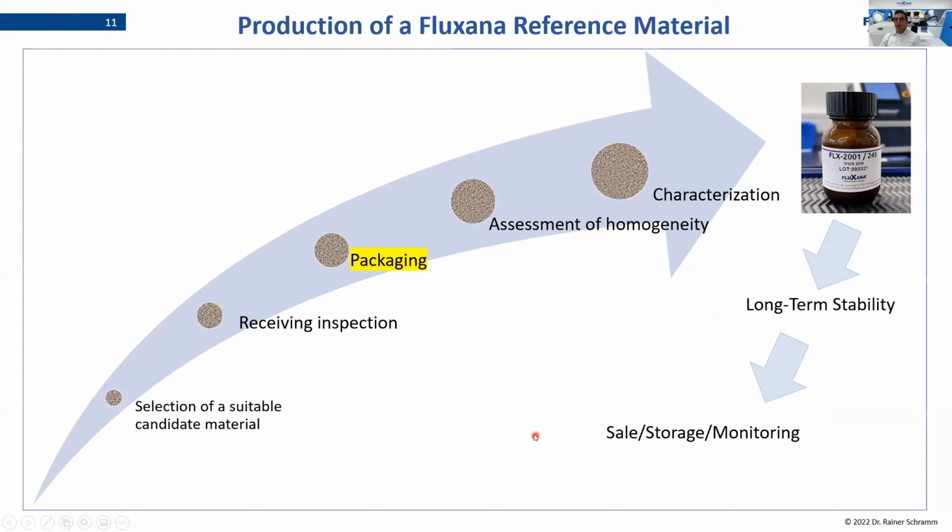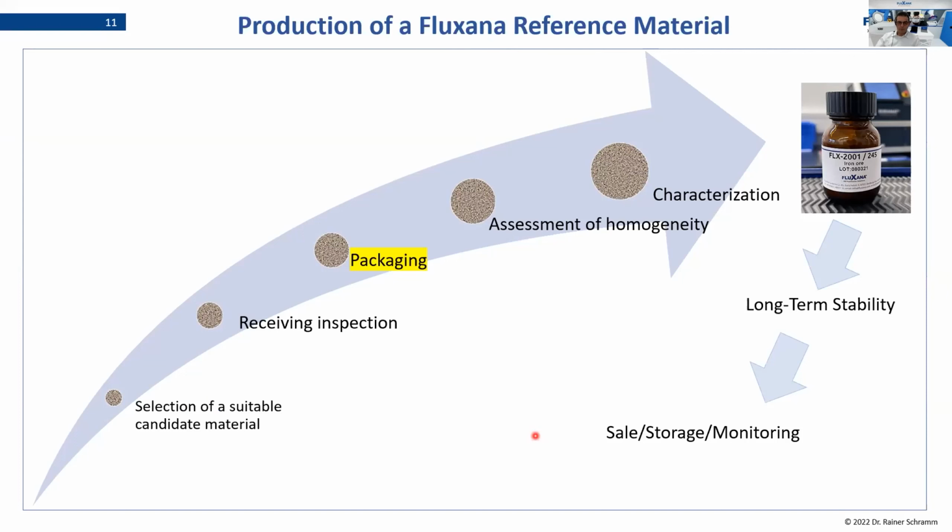Next thing is that we will package this. And this is important. At the moment we think a material is good enough to make a certified reference material out of it, in that moment we want to conserve this. That means we fill it immediately into bottles and seal them, and then the material is already ready in the stock and ready for use, so that all the tests we do to test the homogeneity and to characterize the parameters are done on the bottle,